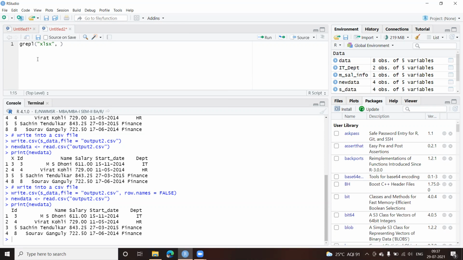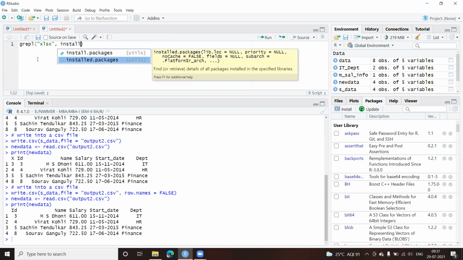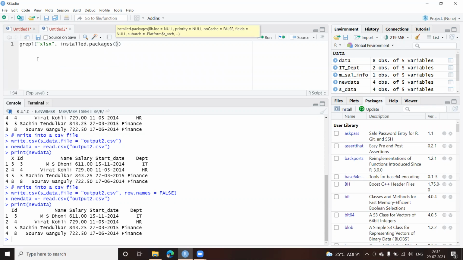There's a function which gives me all the installed packages, installed.packages. It will check the first element, and if it is found, it gives true, else false.